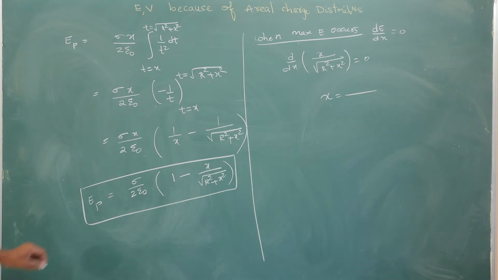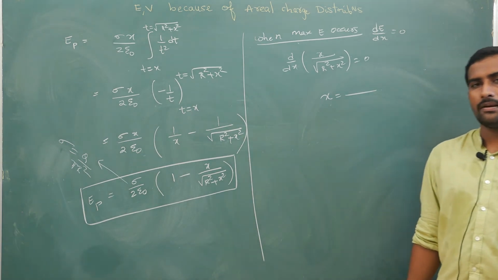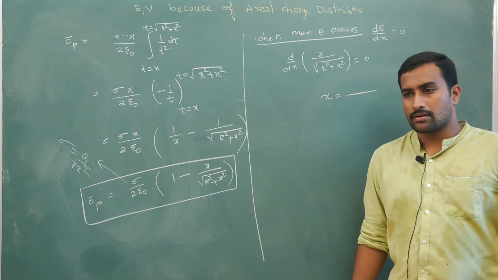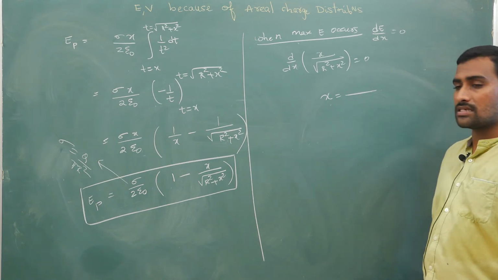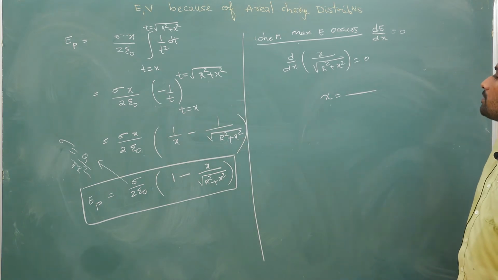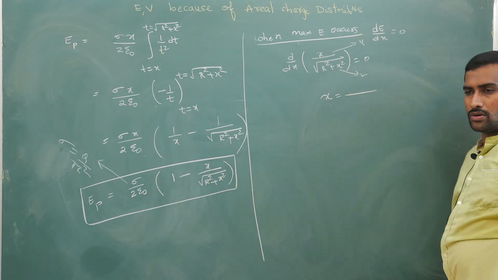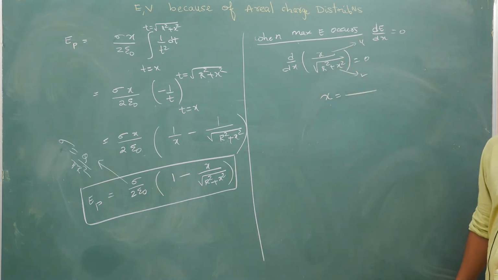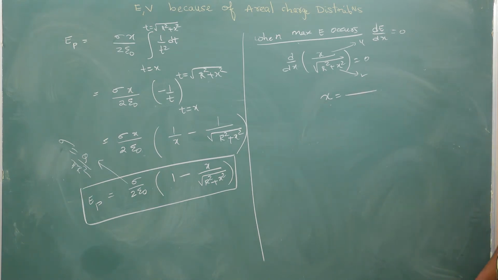In the end here, your sigma is total charge by total area, so that is equal to Q by pi r square. You should not use lambda here, because a disk of charge can be formed with the help of a thin sheet of paper. So where charge is distributed along area, you have to use this result of sigma. So substitute this, take this as u, take this as v, apply the u by v rule, and then get the answers. Now this is how you calculate the field. Any doubts?